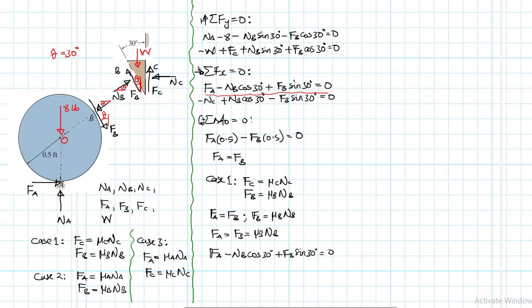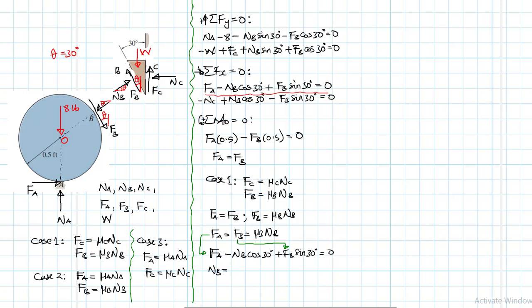If we replace this FB or FA here so that it becomes mu B NB, and we did the same also, replaced FB here, then once we've done our calculation, we'll find that